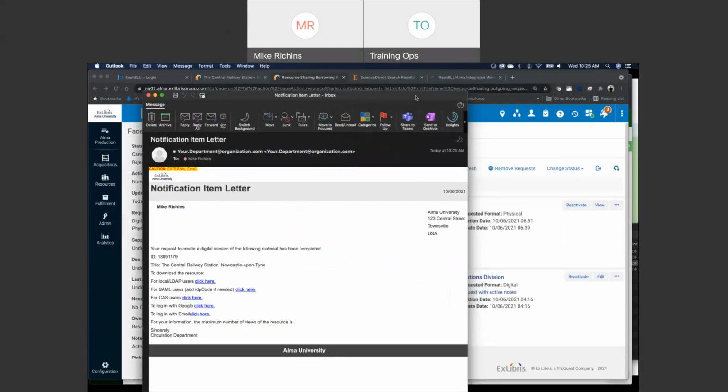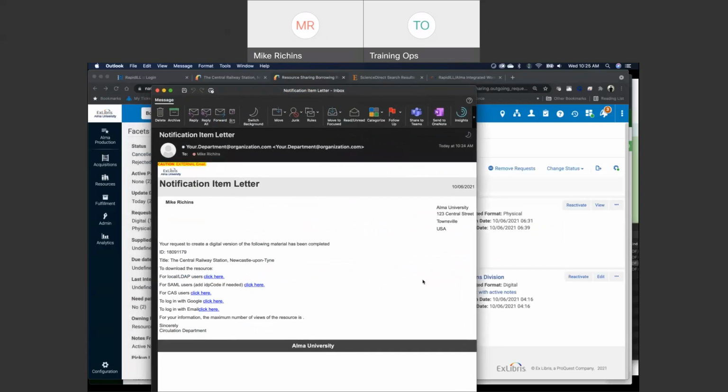And here is my email notification now from a patron perspective that the request has been updated to filled. And now we have a link to download the resource. So I could download it directly from this email that I received, or I could download it from my Primo account. So I will go ahead here and choose, and this looks a little weird because it's our demo environment, so we have a number of different platforms here that we could show. For you, this would be customizable. You would just have the one link your user could get to accessing the file. I'll go ahead and click here,